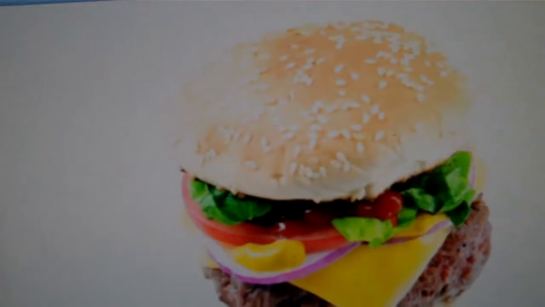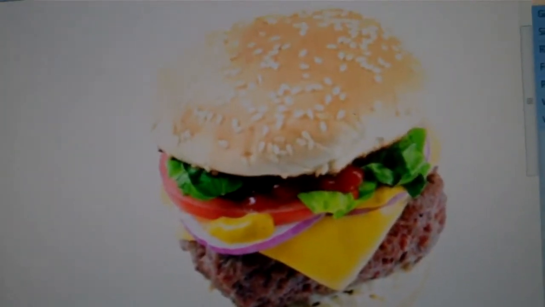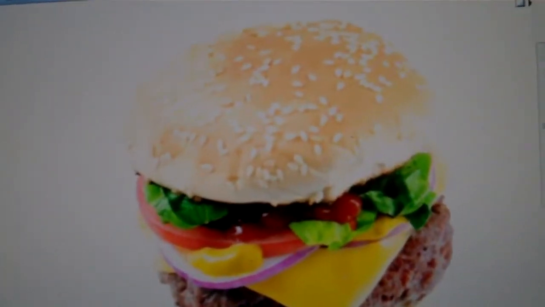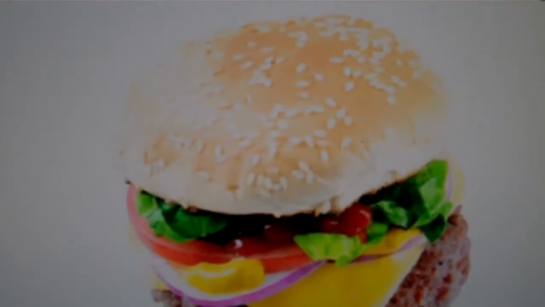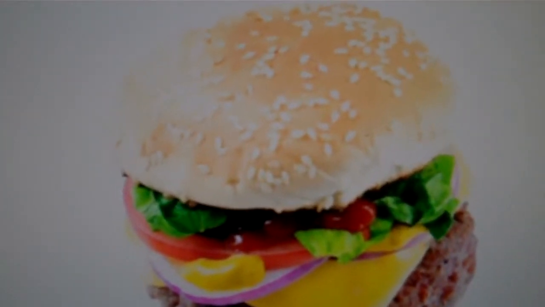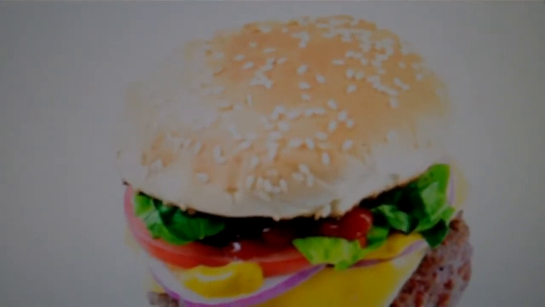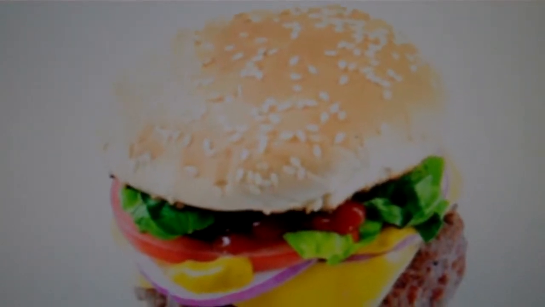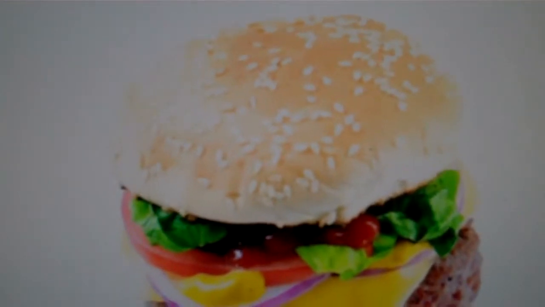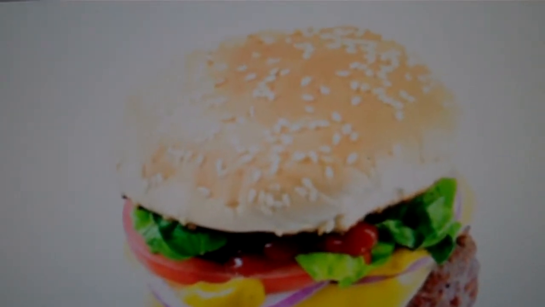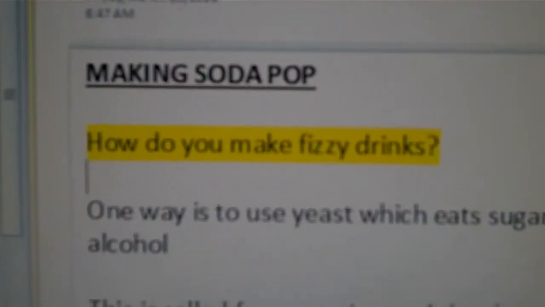Okay, we're going to be doing an experiment that is related to the bun of a cheeseburger. Now, the bun in a cheeseburger is made by adding flour and a little bit of salt to yeast. The yeast eats the flour, and yeast is a one-cell creature. It eats the flour, and its waste product is carbon dioxide. And the carbon dioxide bubbles are what makes the bread rise and makes it nice and light. So we're not going to use the yeast to make bread today, but we're going to use the yeast to